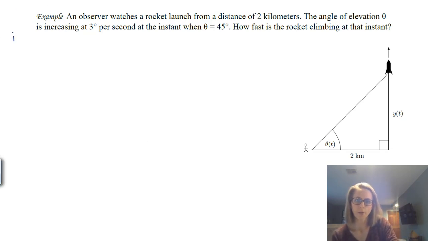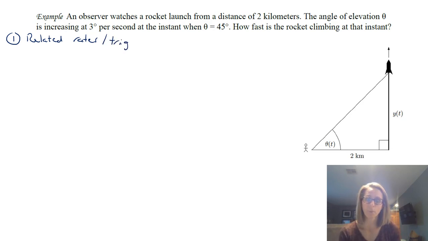So we'll follow our steps here. This is related rates, but we do see that we have some aspect of trig, and that's going to be a really important thing here. So a lot of this will come down to things like SOHCAHTOA, because you have the relationship between angles and the sides of a triangle. So we have trig here.